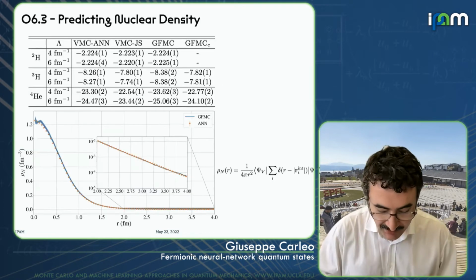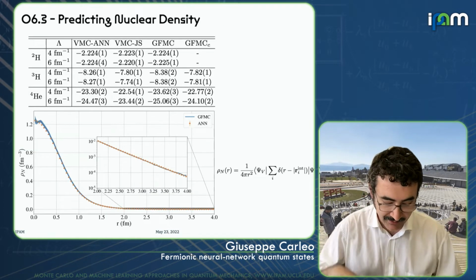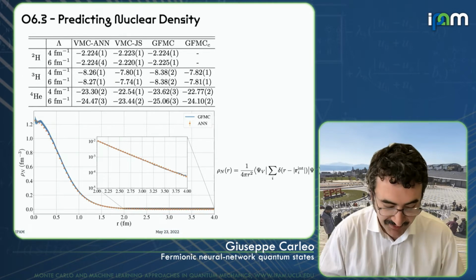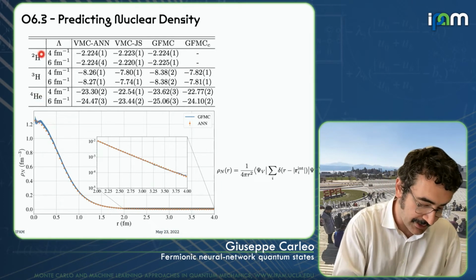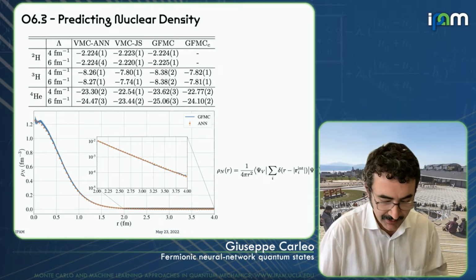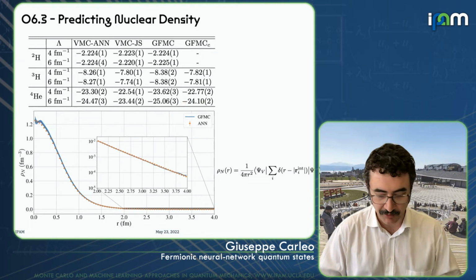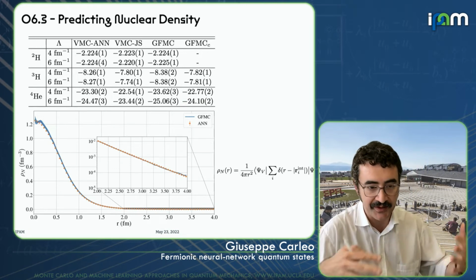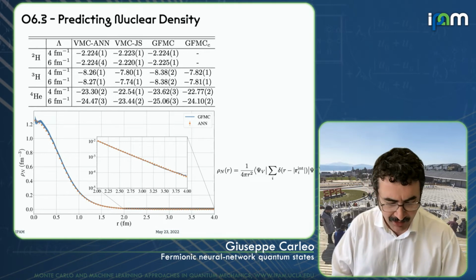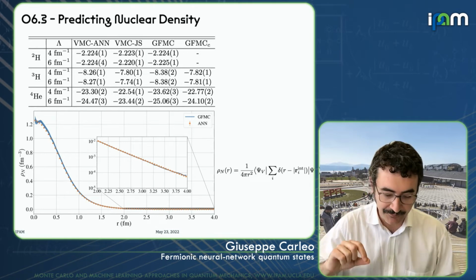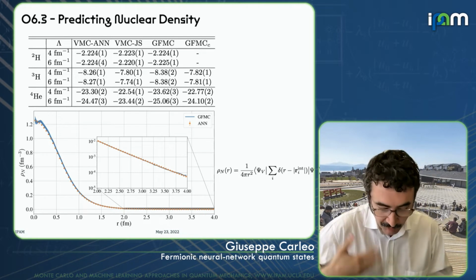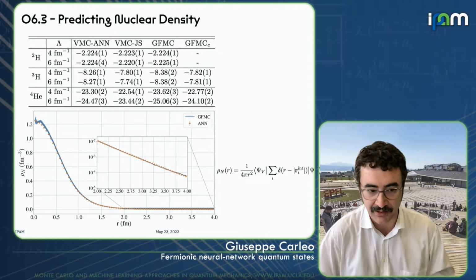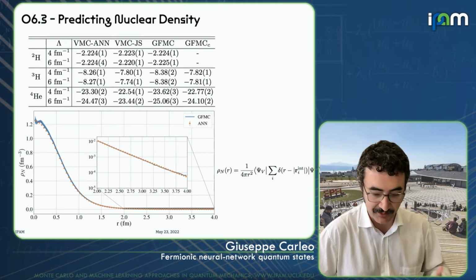And in this case, you can reproduce pretty nicely, for example, the density profile of nuclear density for up to helium-4, and you also reproduce the results that you can obtain with the Green's function Monte Carlo, for example. So these are still at the level of reproducing Green's function Monte Carlo, but I think it's nice that with this approach, you can already improve significantly over standard wave functions that people have used in the field, for example, Jastrow, Slater, or similar wave functions.